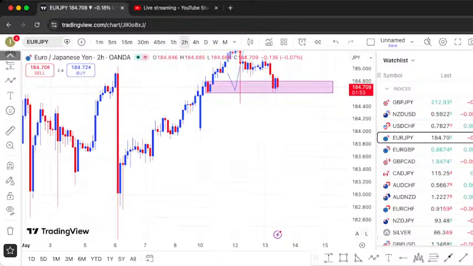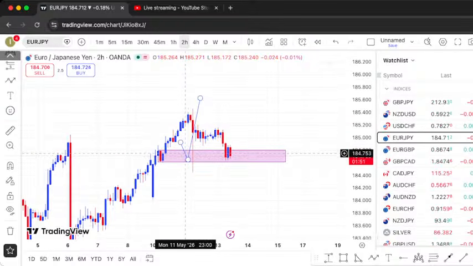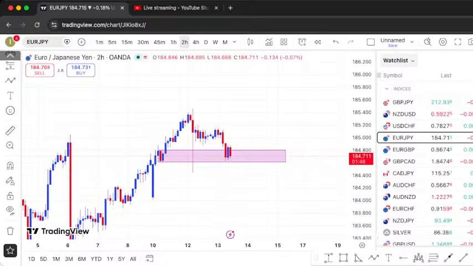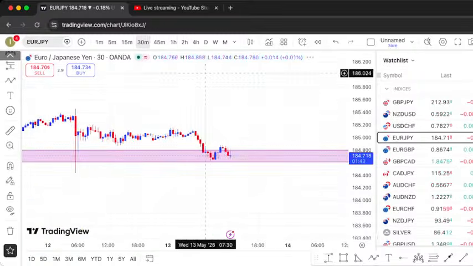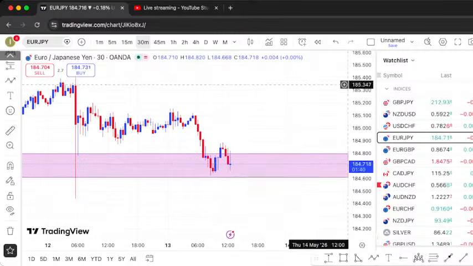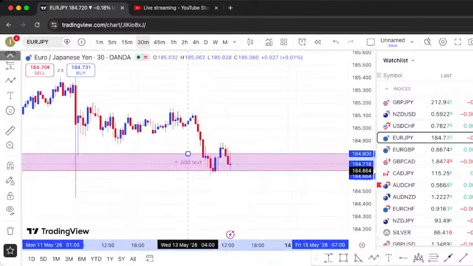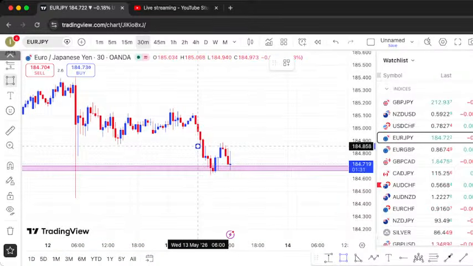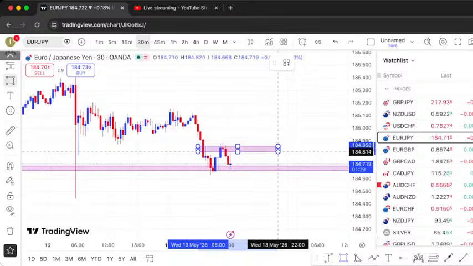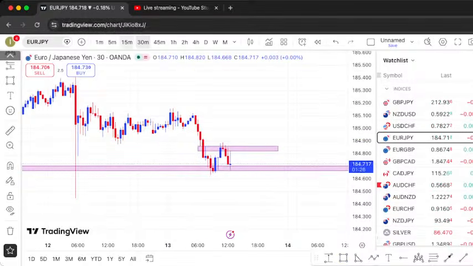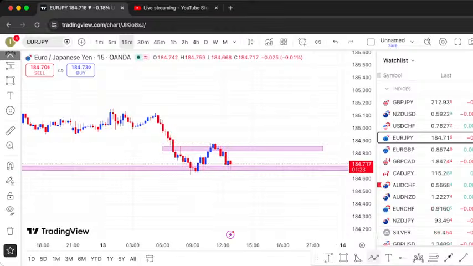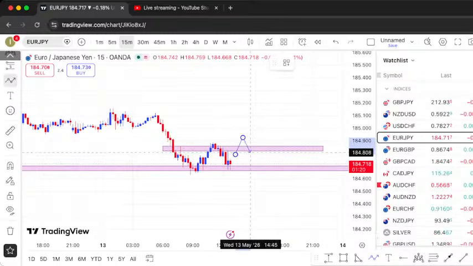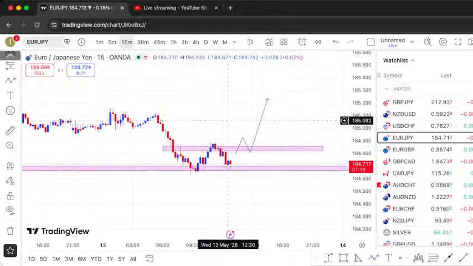Euro JPY, yes, we have an OB, sort of an order block here. So we have a zone there on Euro JPY, very good two zones here. If I lower back to the 15, remember, if the market is bullish, the market is going to break this high, right? If the market is bullish, it must break that level. And if the market is bearish, obviously it will break this zone.